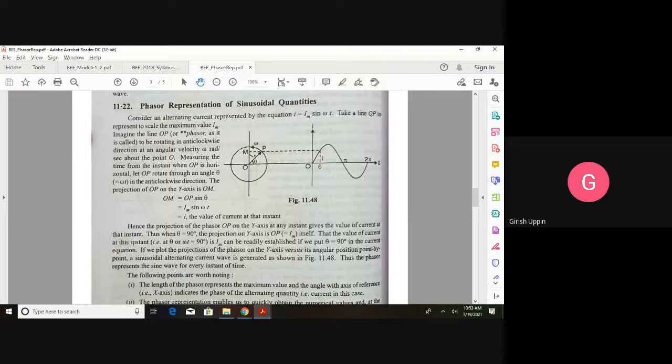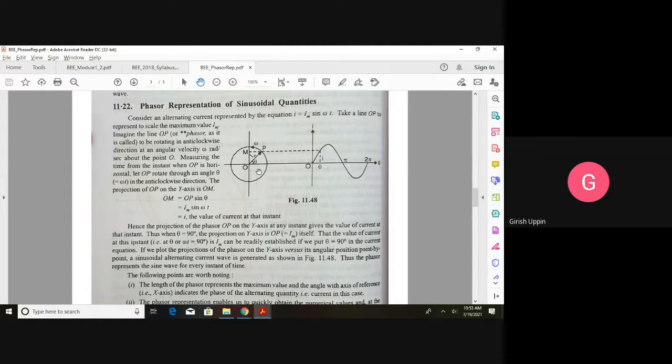And if I rotate this phasor to 180 degrees, again the projection would be 0, that is pi. And it will continue. Here you will get the negative peak and back to zero. Now this is one phasor; if I rotate it with the angular velocity omega, it is representative of this alternating quantity, and it is assumed that this phasor will continuously rotate. Right now in the waveform we are just showing one cycle, but continuous cycles are going to get generated.